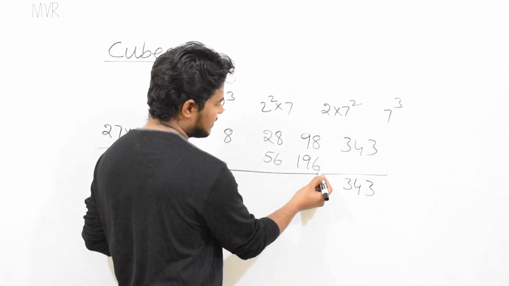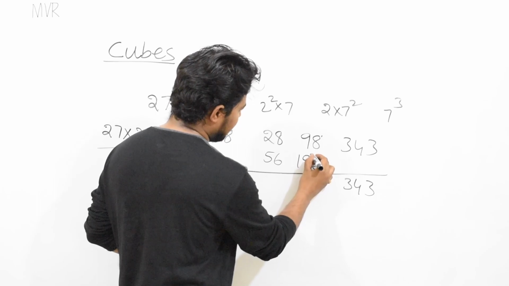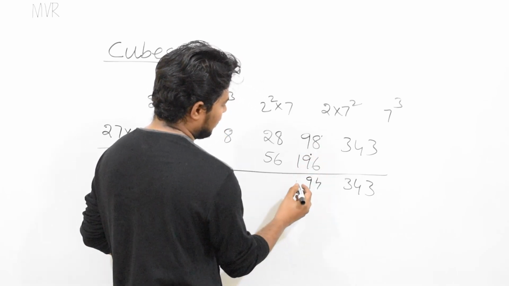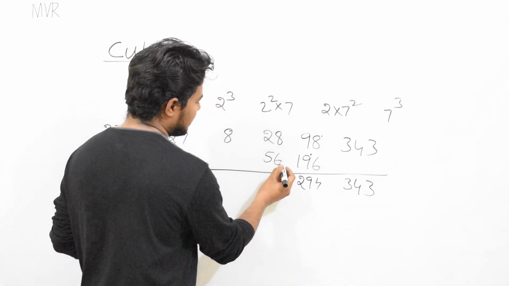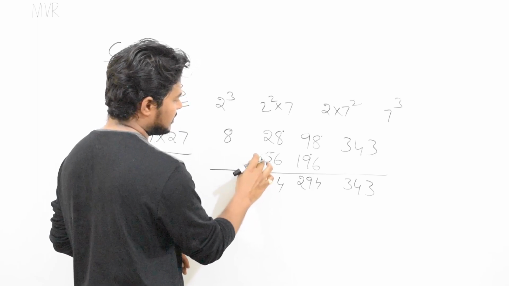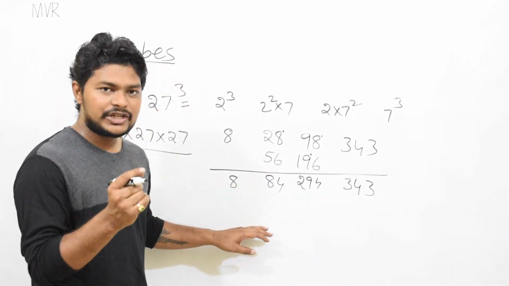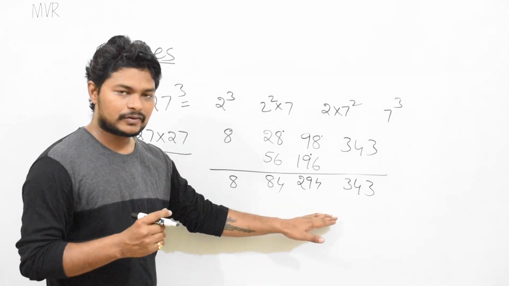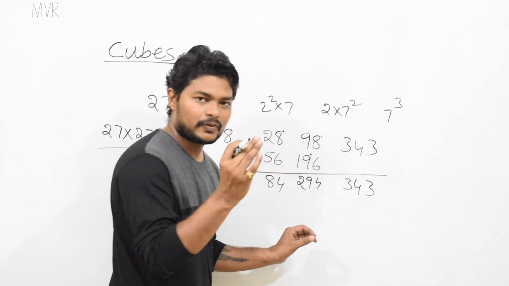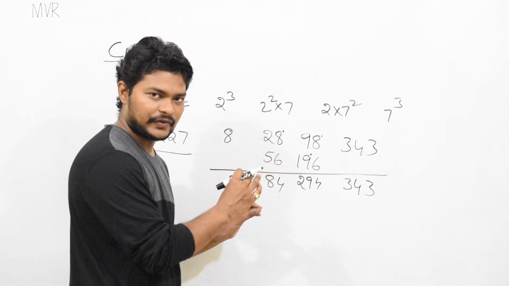This will be 6 plus 8, 14. 1 plus 9, 10. And 9, 1 plus 1, 2. Here 6 plus 8, 14. 1 plus 5, 6 plus 2, 8. And here 8. Now we need to do very little addition to get the final value. How? I'll tell you. Just observe very focusedly, because this is very important and people will mostly get confused here.